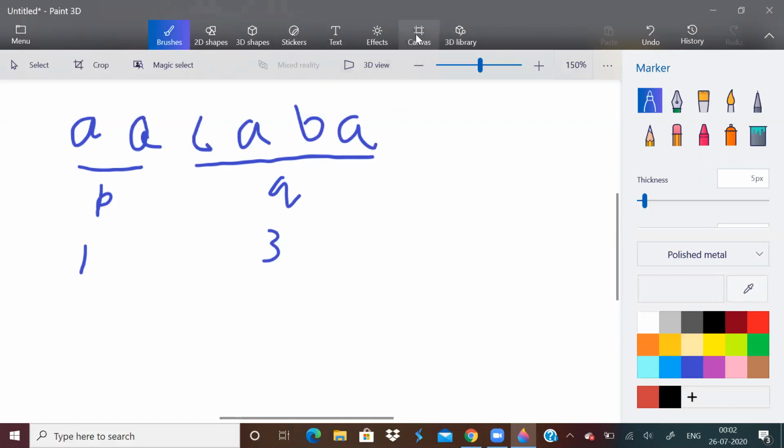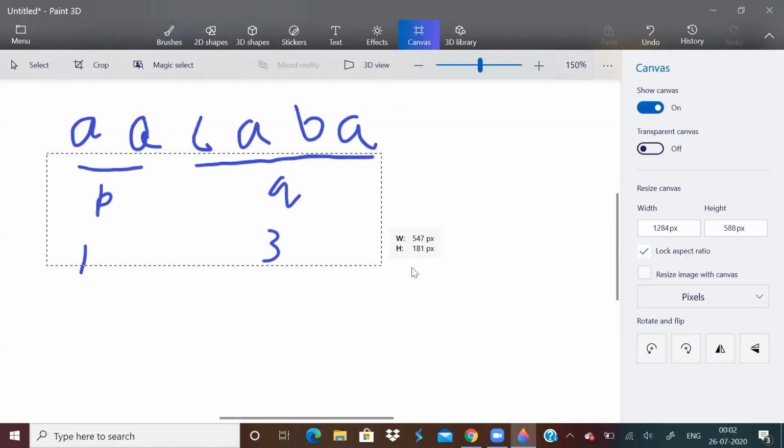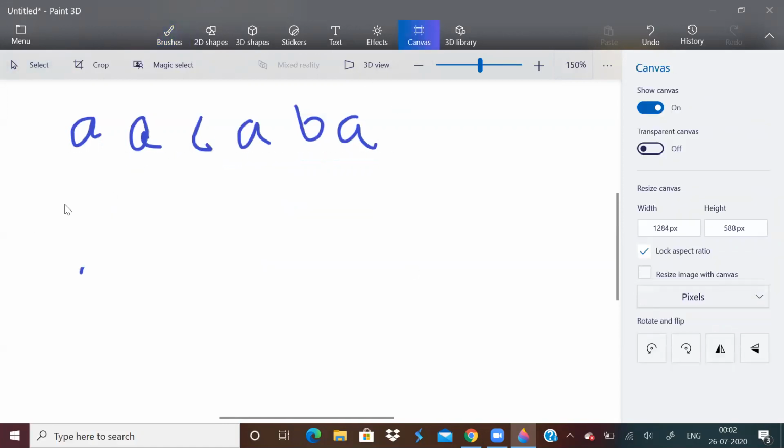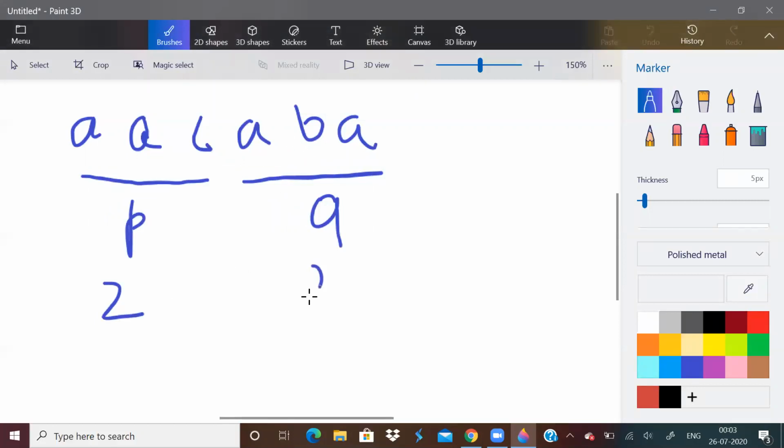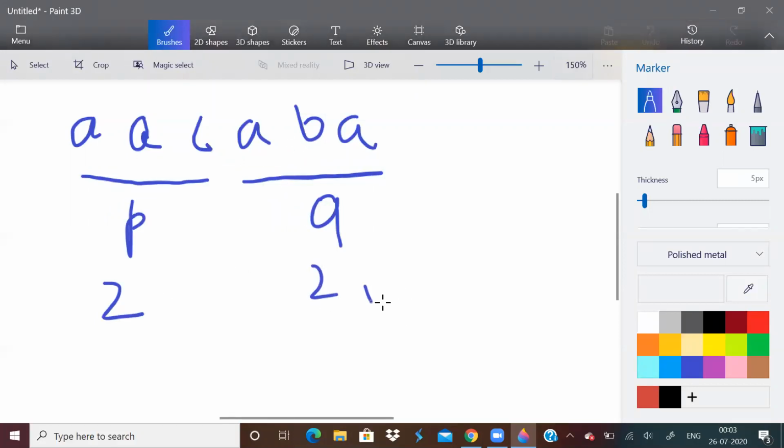It is still not equal, so this can't be the split. Let us say this is P and this is Q. The number of distinct characters is 2 here, and the number of distinct characters is also 2. So this is a good split.